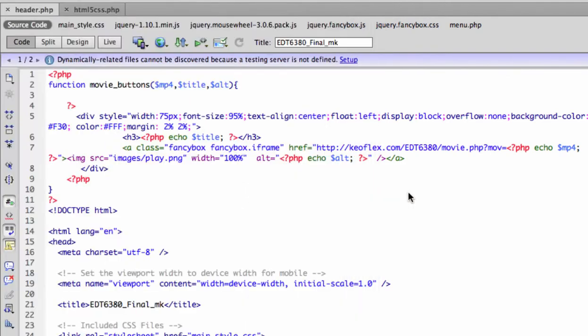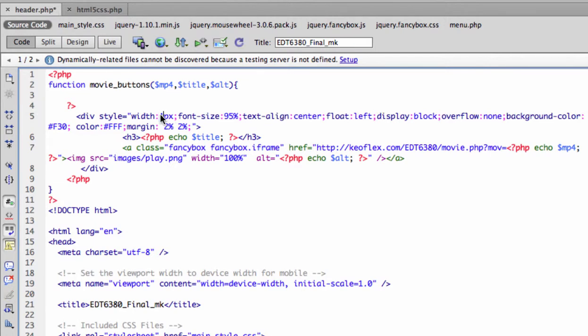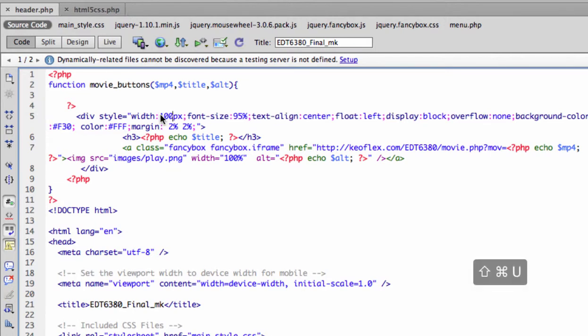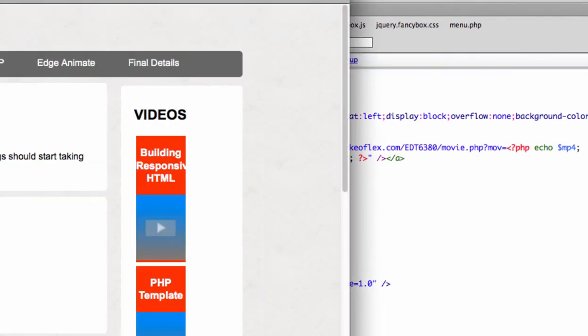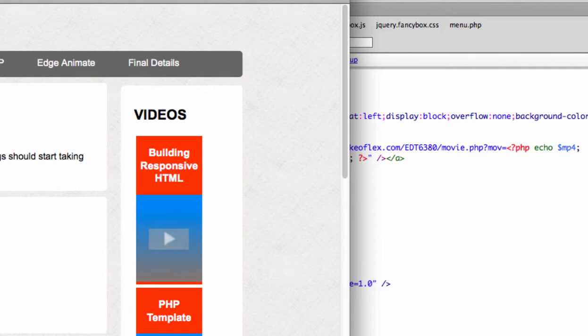So I can go over here and say my width, set it equal to 100 pixels. Refresh, and there we go. It's 100 pixels now. So that's how you build template-based elements within a website,